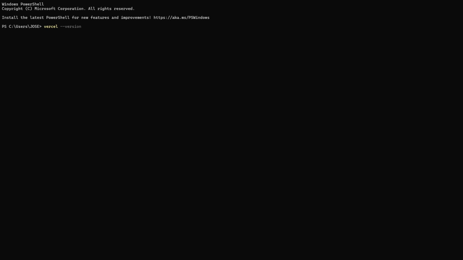The next step involves logging into your Vercel account. Enter the command vercel login in PowerShell. You will be prompted to enter your email address associated with your Vercel account. After entering your email, check your inbox for a verification link from Vercel and follow the instructions to complete the